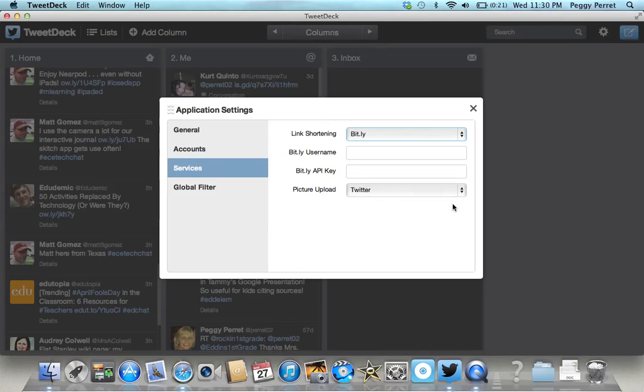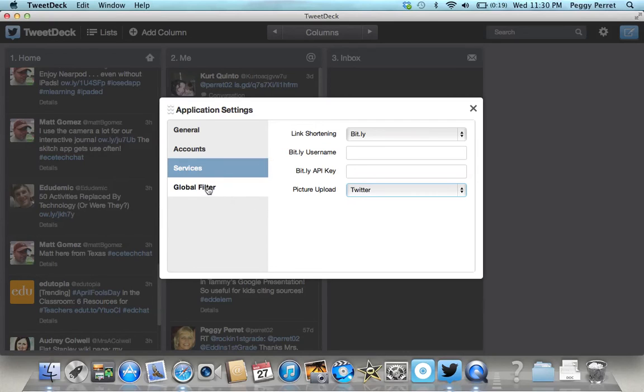You can also choose to use a particular program for your picture uploads, or just leave it as it's defaulted with Twitter. And these are some of the options that you have with YFrog, TwitPic, MobiPicture, TwitGo, and IMGLY. It's strictly your preference to what you decide to do with your picture uploads. I'm going to leave it defaulted with Twitter for the picture upload, and I've changed it to use Bitly for